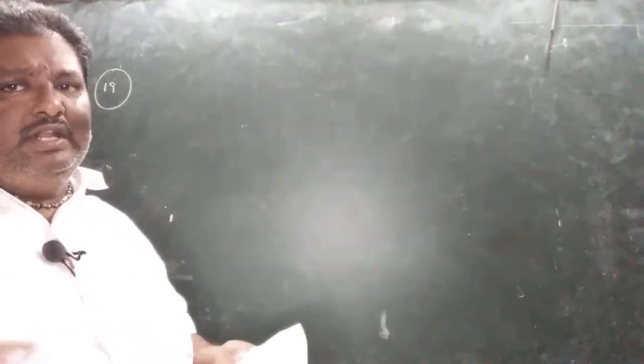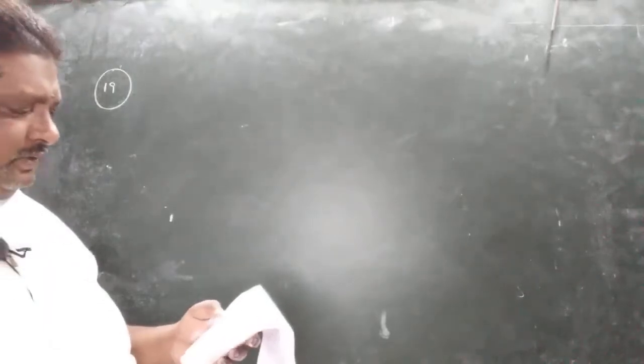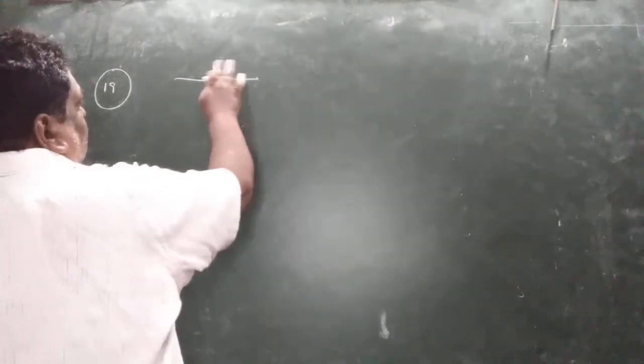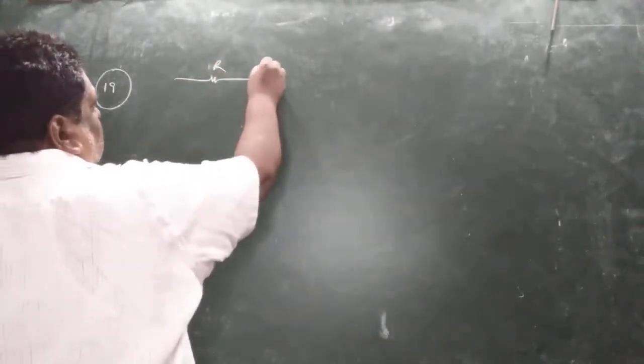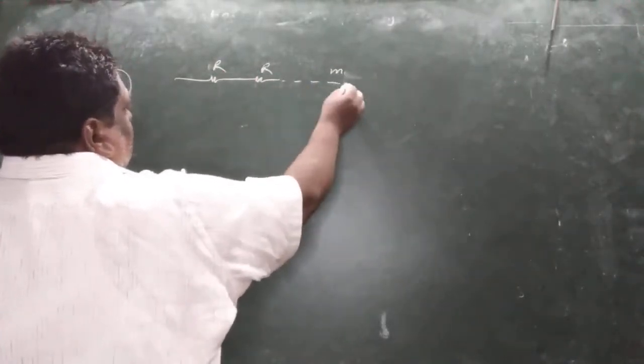You are given M into N wires of equal resistance. All are equal. M means one value, say 4, and N means another value, say 5. Just multiply 4 into 5, 20, like that. M into N wires are given. M wires are in series and N such rows are in parallel, and the resultant is R1. Here M resistances, here another resistance, like this M resistances are in series.